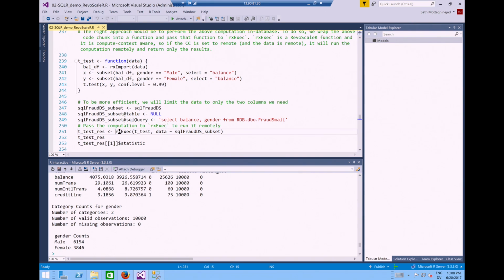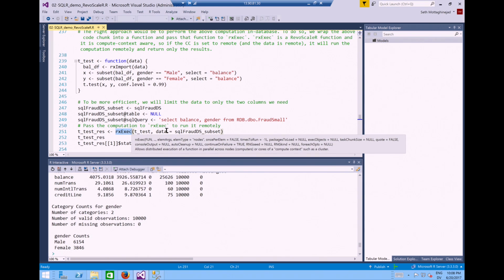There is a function called rxexec. This is an R server function, but its job is to take any open source R function, any function you want, and run it. Because it's an R server function, before it runs it, it's going to look at the compute context. It's going to say, where does this computation need to happen? And if the computation is happening remotely, and if the data that you're pointing to is also remote, in SQL, then that computation is going to happen remotely.